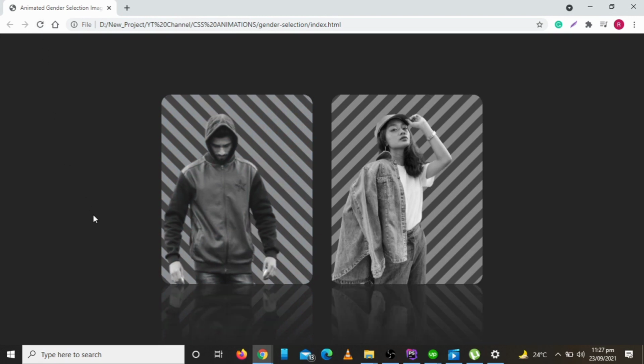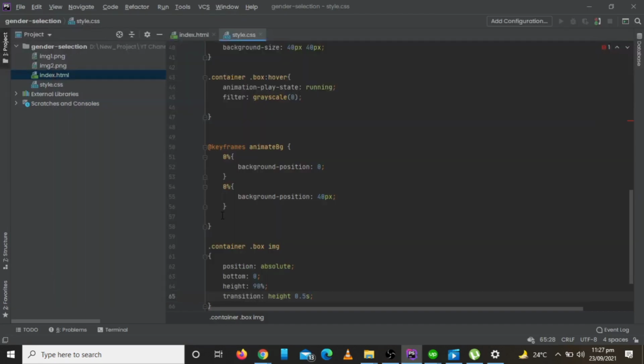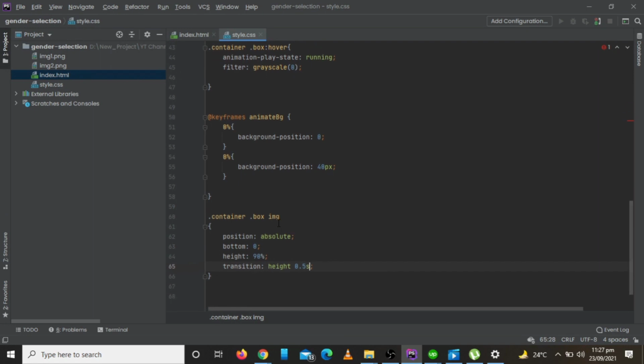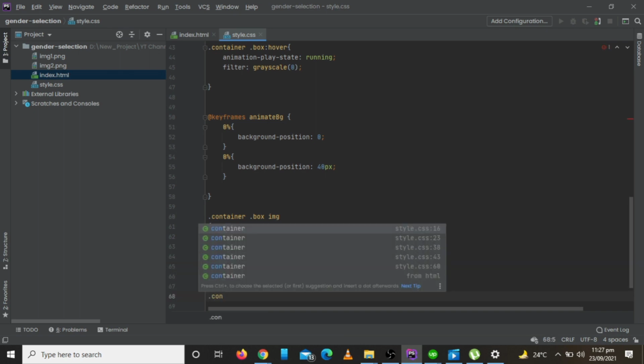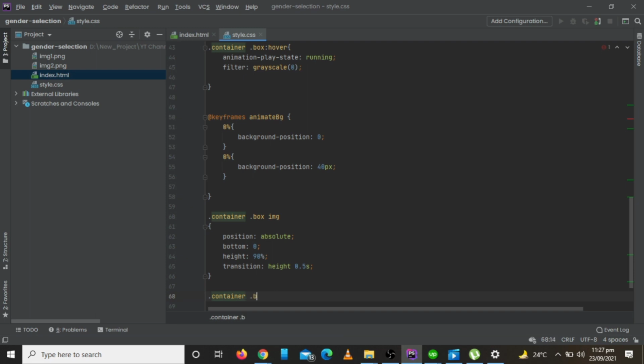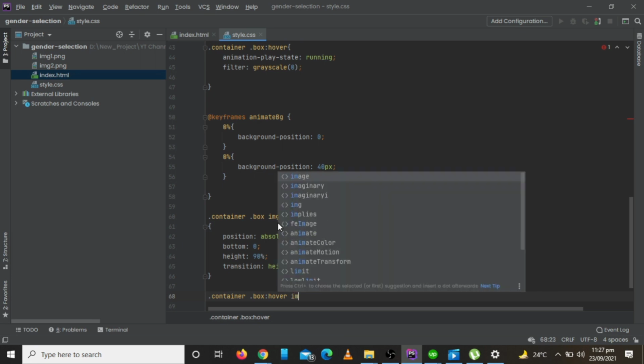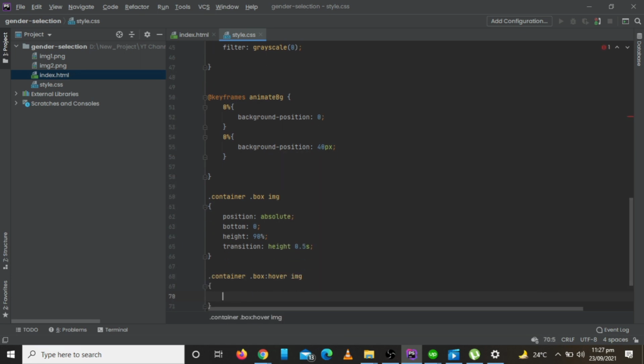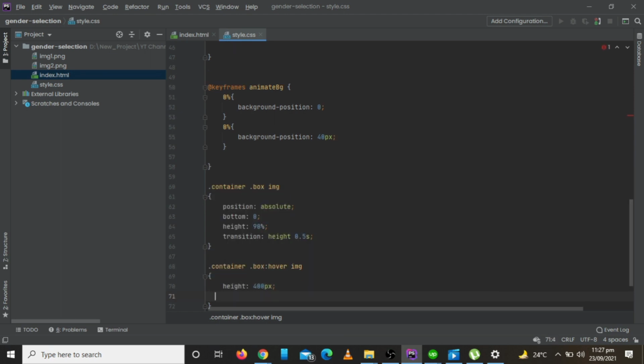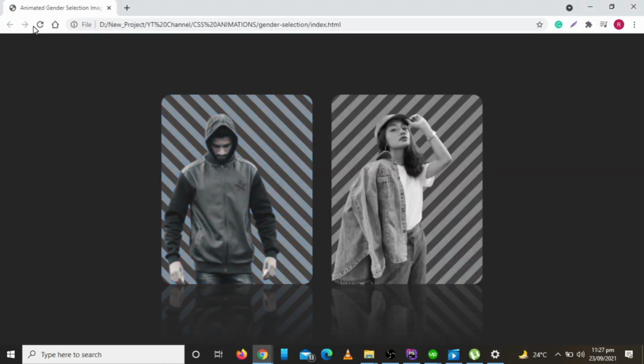Now we need to make it enlarge when we hover onto it, so we will add hover effects. It is not big enough, so let's add